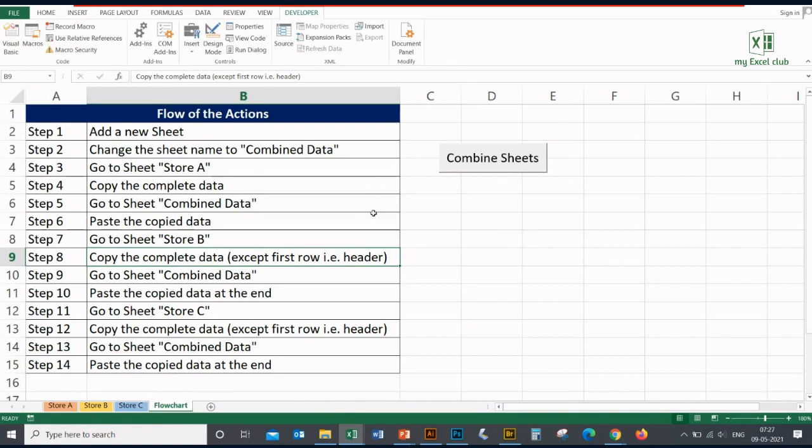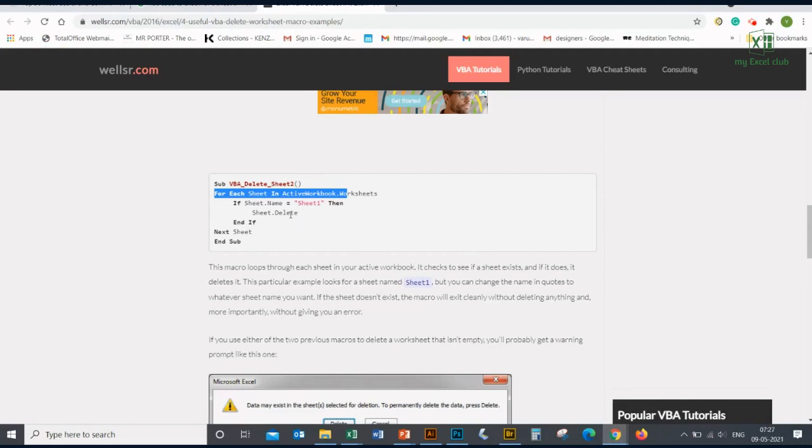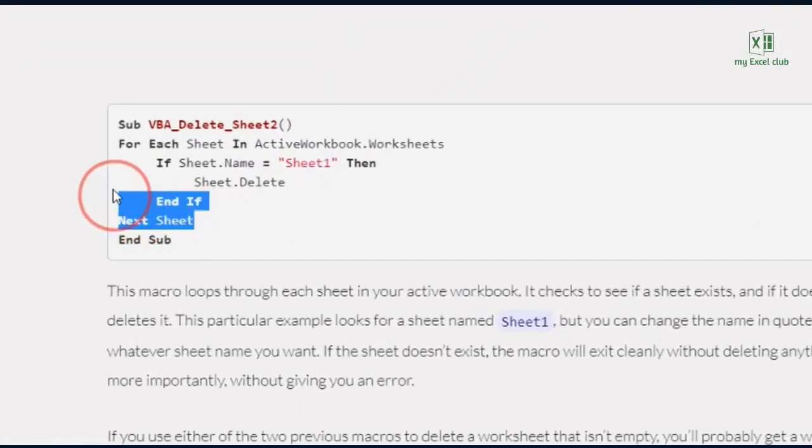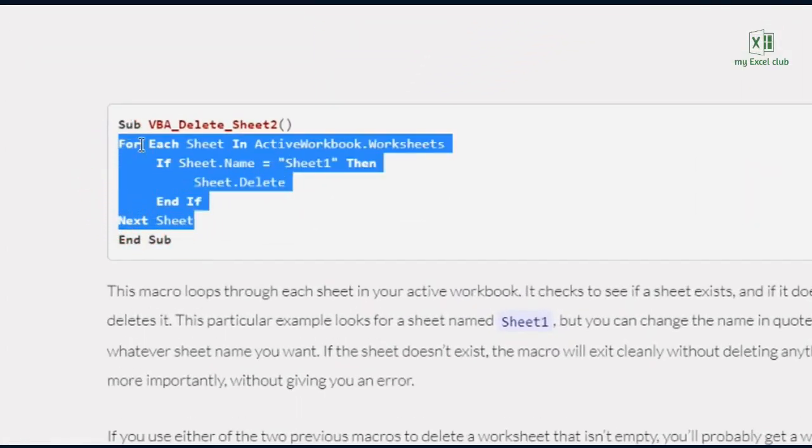So I will make a loop which will check each sheet, and when the loop finds a sheet named Combined Data, it will delete it. So go to the website again and copy this syntax from For loop to Next.